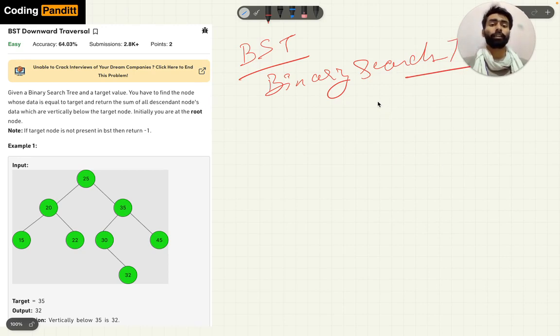It is a form of tree in binary form, where each node can have at most two children. The rule is that the left child will have data lower than its parent's data, and the right child will have data either equal or greater than the parent's data.